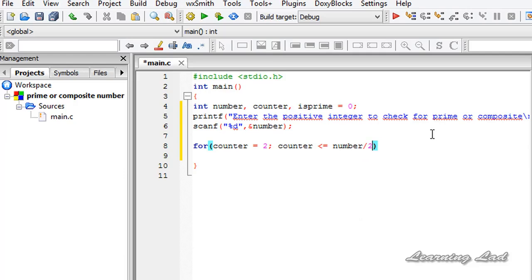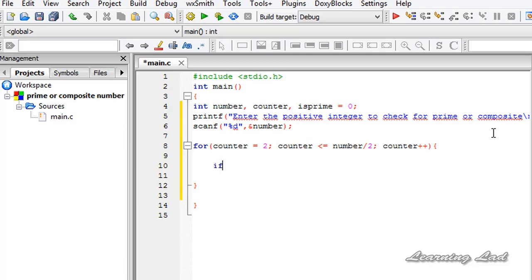We're gonna continue to divide the number entered by the user up to half of that number, and then we're gonna increment our counter variable, so it's gonna be counter plus plus,